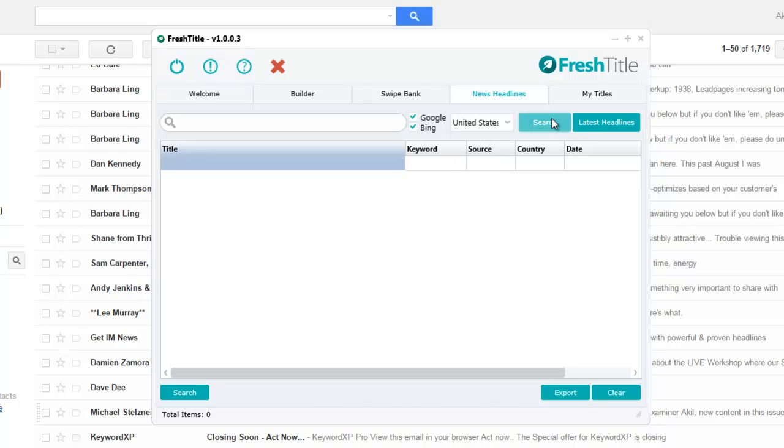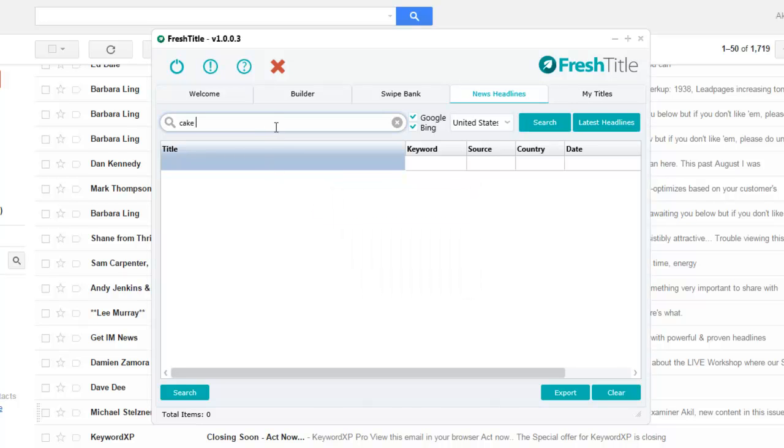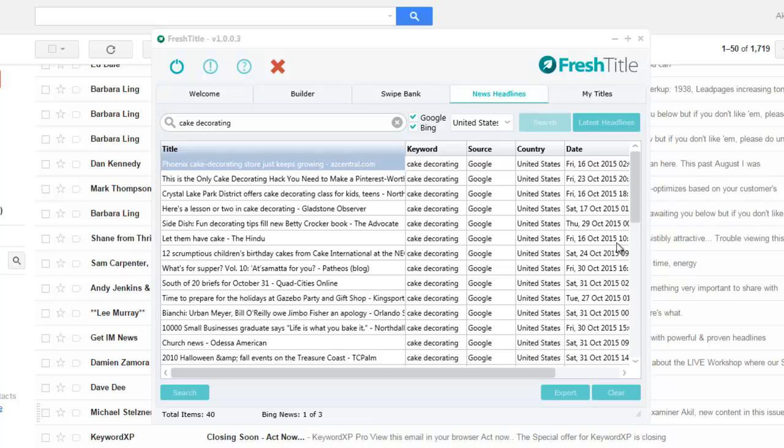All you have to do is click search, and what this will do is pull up results. So you need to enter a phrase. I'm going to do cake decorating. I'm just going to click search, and this will pull up what's trending right now, what articles on Google and Bing that people have written. Again, we want to model what other successful people are doing online, and you can see here